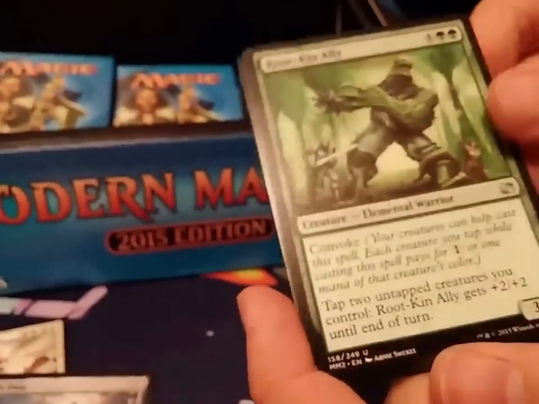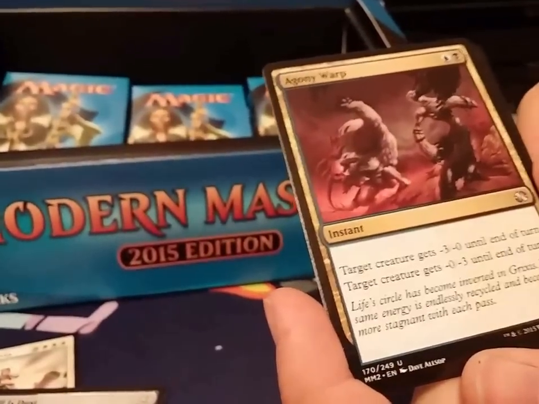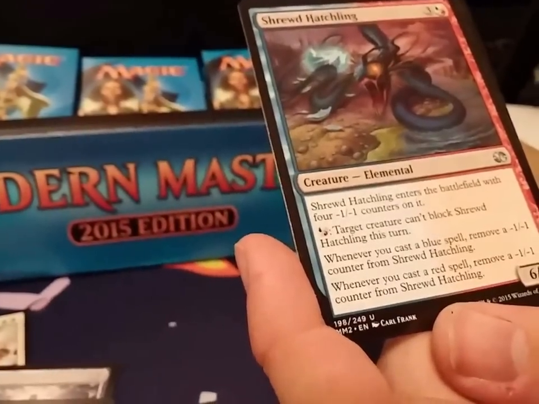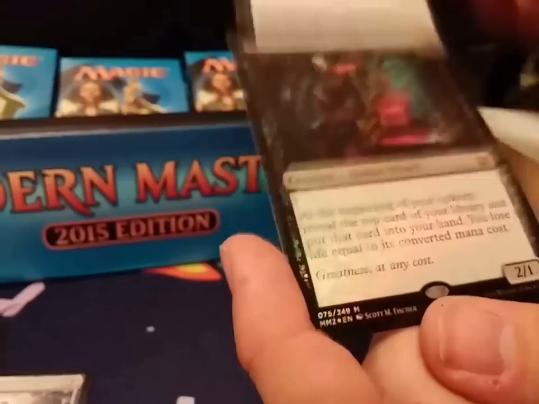From our next pack, we've got a Rootkin Ally, which is a totally fine card. An Agony Warp, which isn't really a reason to play blue-black, but you'll probably play it if you have it. Shrewd Hatchling, which goes into the Elemental deck, is a good engine there. And a Necro Skidder. And the foil is...